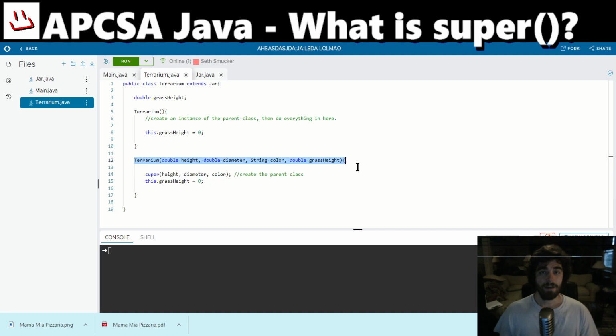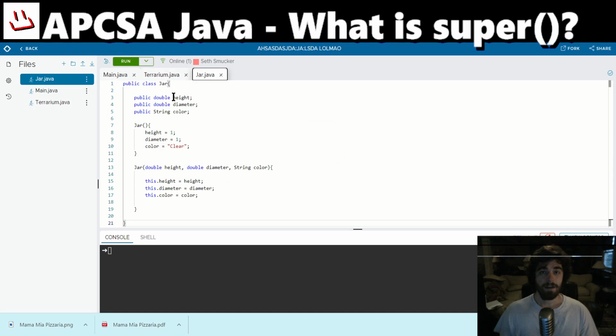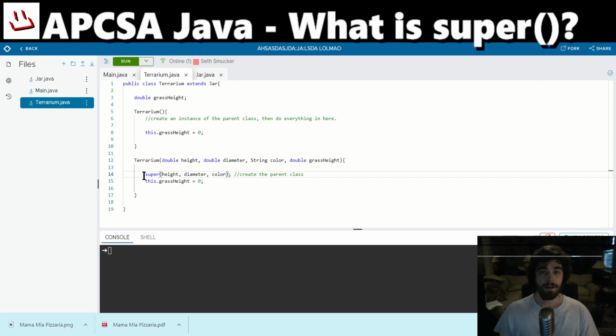In the last video, I went step by step, but essentially right here, super is being used to call the parent's constructor, which is jar, because terrarium extends jar. It's calling the parent's constructor that uses a number and string. And we can see in jar that we do have a number, string constructor. So it's going to call that constructor. It's going to do all that stuff. It's going to pass in these variables, and then it's going to run the rest of this function,